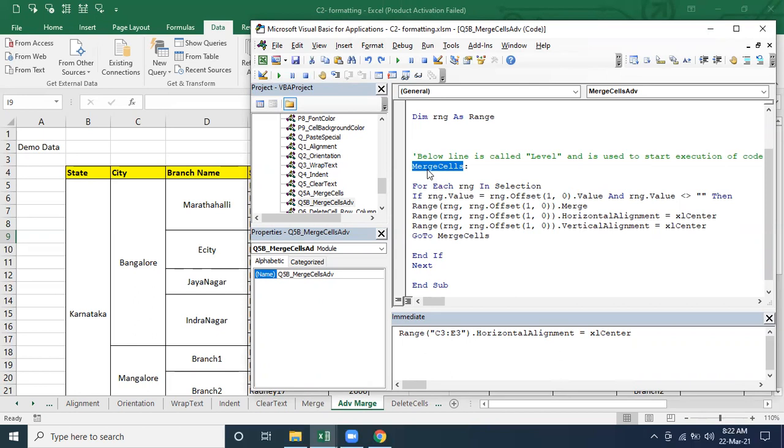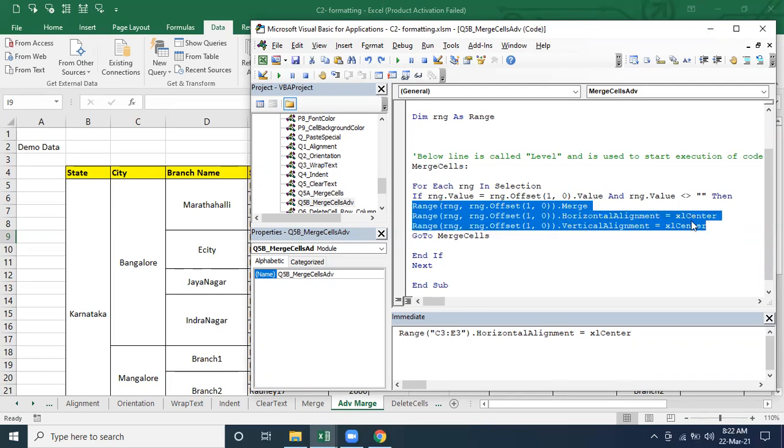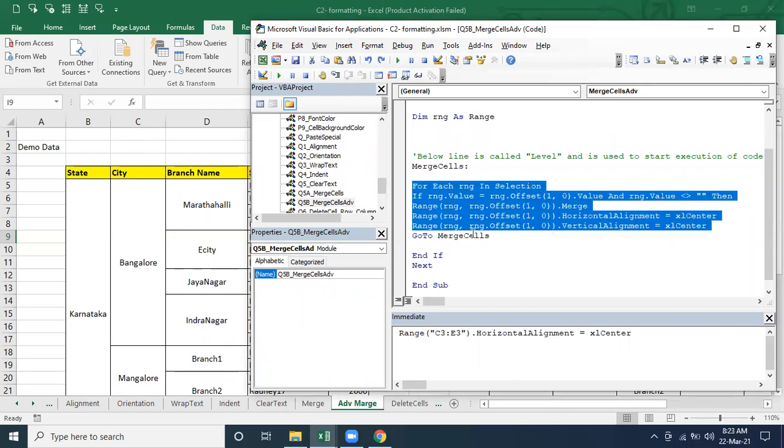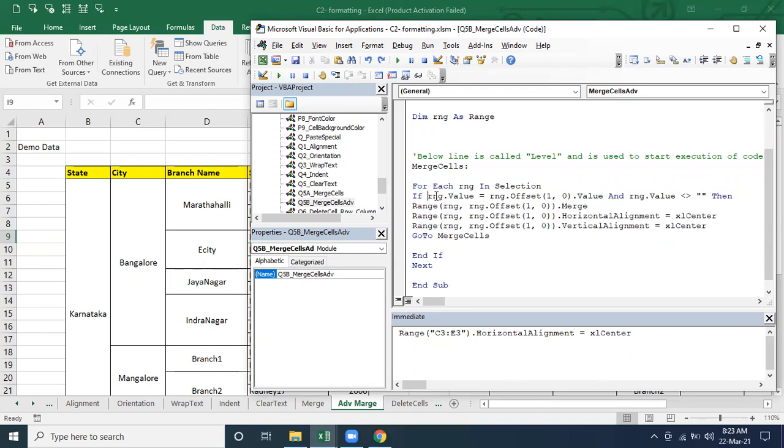What is the use of it? Let's say I am going to do this activity and I am going to finish it off. After that, if I'm not going to use the go to here, it's not going to jump, it's not going to iterate these options. It should iterate all the time until it fails. So to make it iterate, I'm going to use the label. Correct or not?